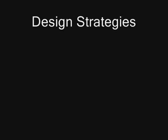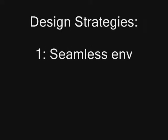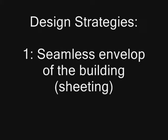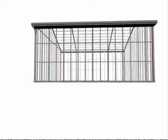Inspired from the leatherback sea turtle and the means of its survival, 4 design strategies can be applied. To begin with, the first design strategy is the seamless envelope of the building, the sheeting. Similar to the seamless thermal layer of fat that functions as a thermal insulation and having a lower freezing point